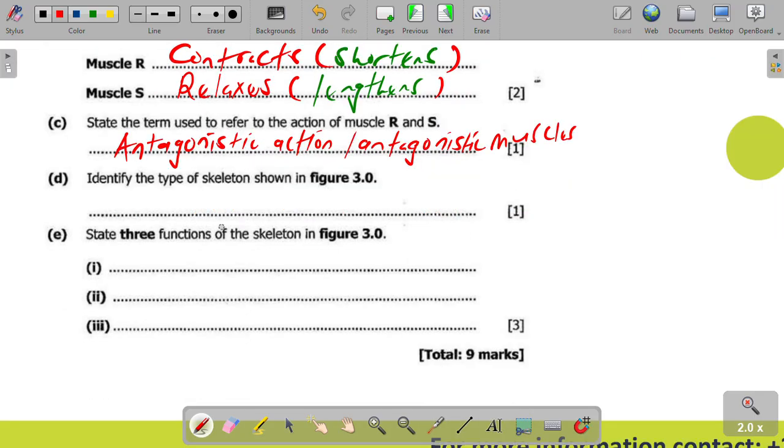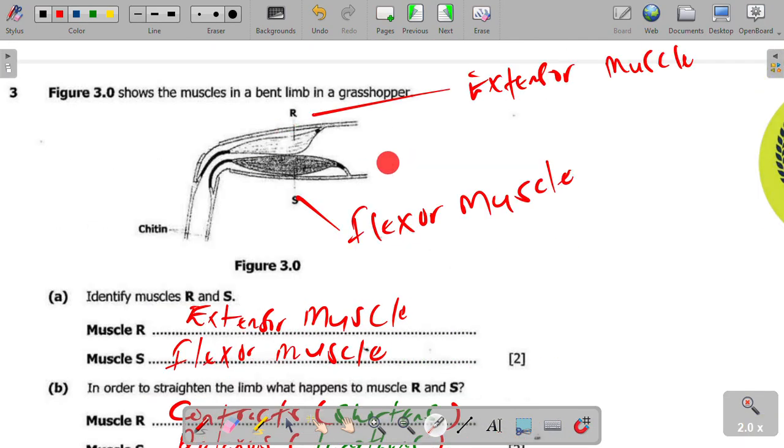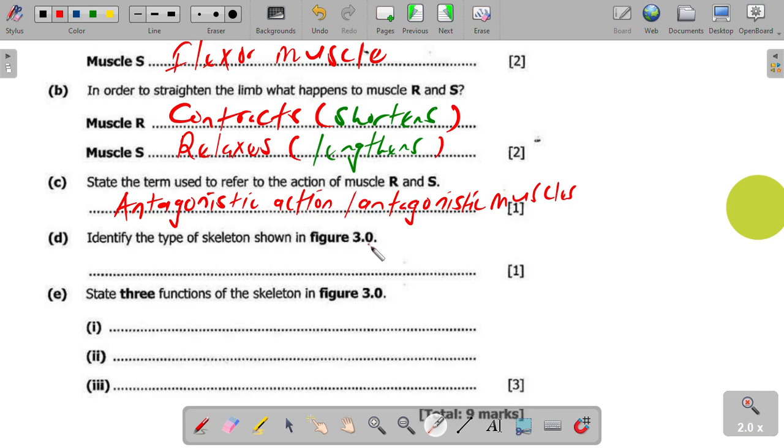Okay, you have your 1 mark there. We continue. C, identify the type of skeleton shown in figure 3.0. This one here. What type of skeleton is shown there? So this type of skeleton is what we call